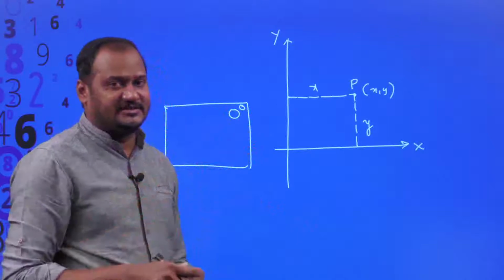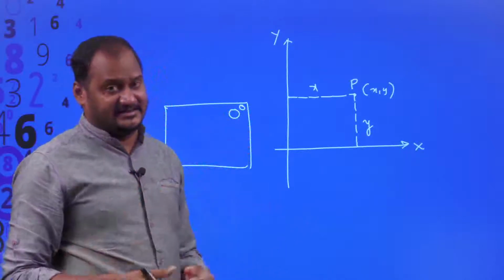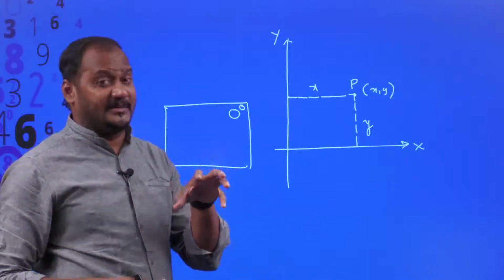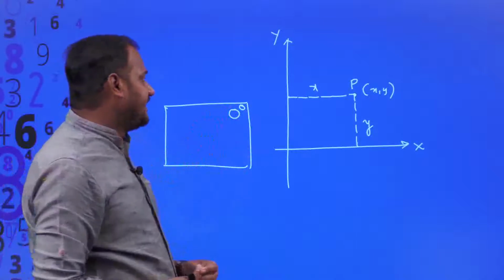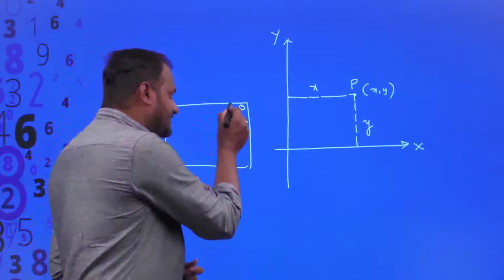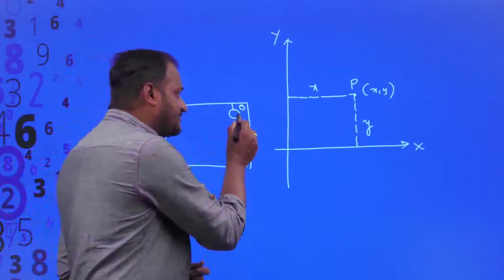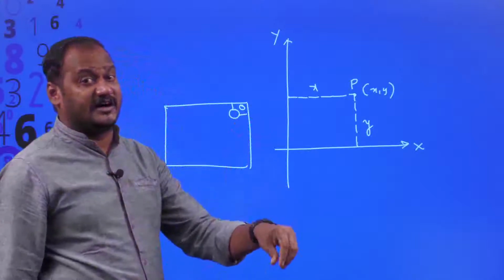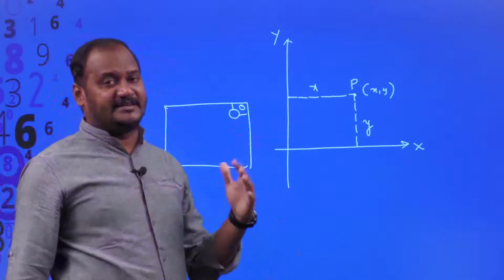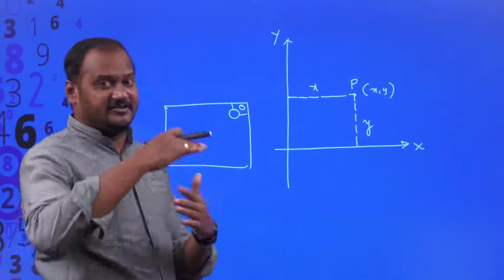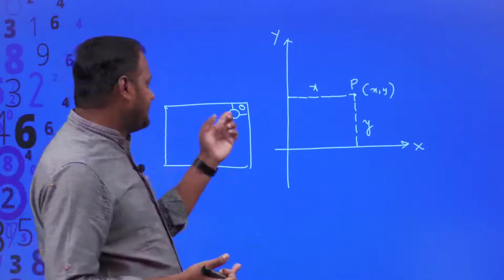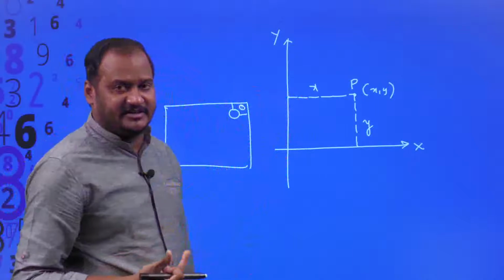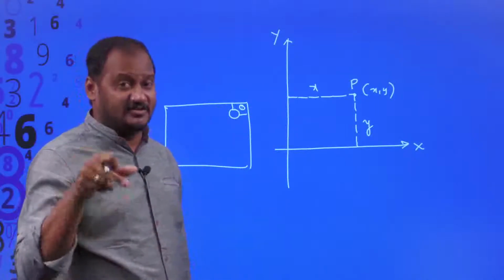Can't you say that it is nearer to that? See, these are all irrelevant answers. We are not exactly conveying the message of where that table lamp is located on the table. If you say that this table lamp is at some unit distance from the top edge and some unit distance from the right edge, then exactly you can say that that is the position or the location of the table lamp. We cannot simply say that the table lamp is nearer to the top edge. And suppose you keep some closure, is it not nearer to that? That is not the location that you are locating exactly.